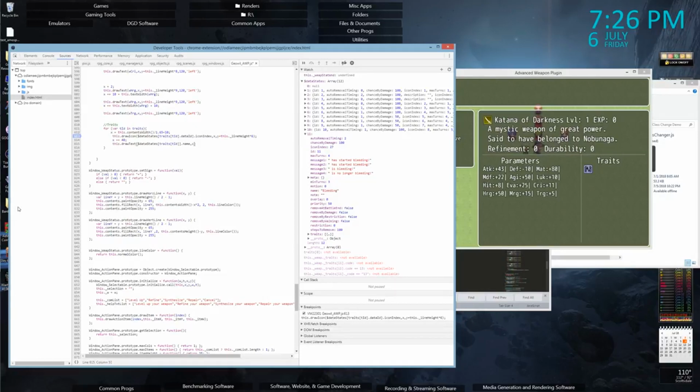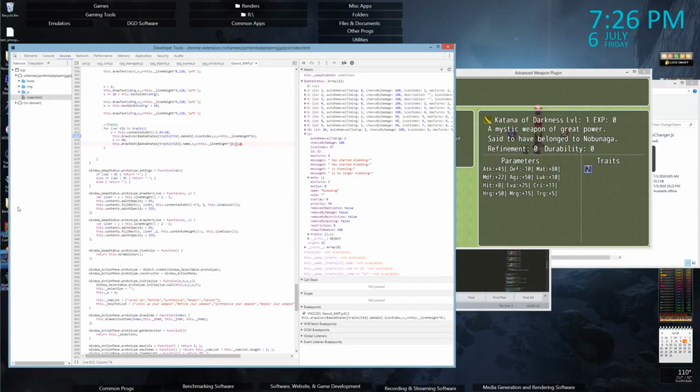So x, and then the same y. It's on the same line, and then so what we should do is this: